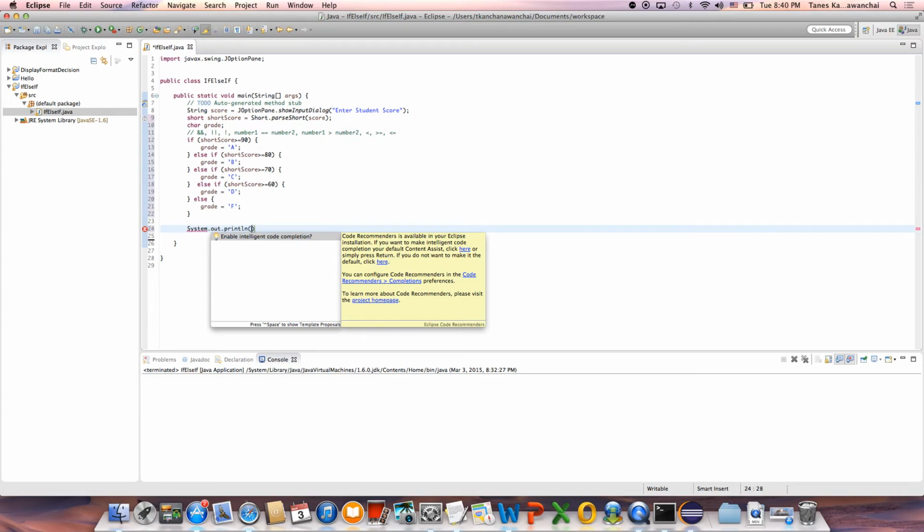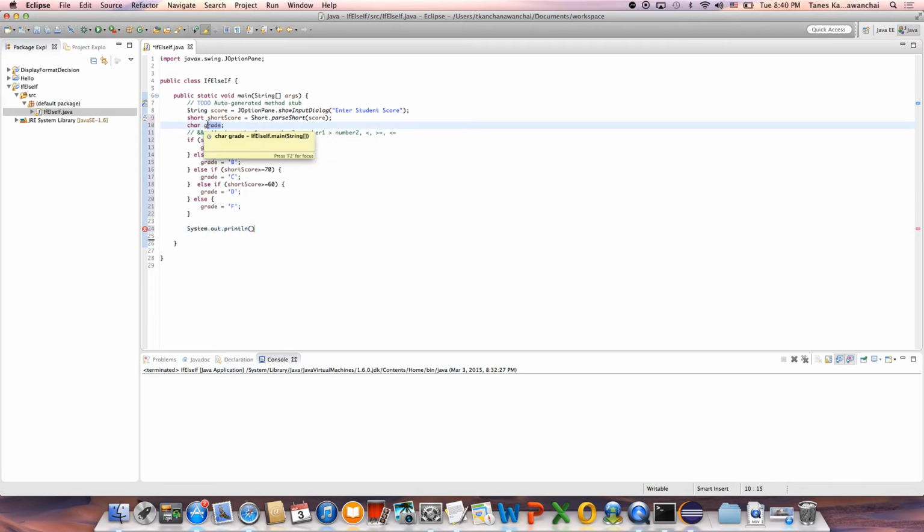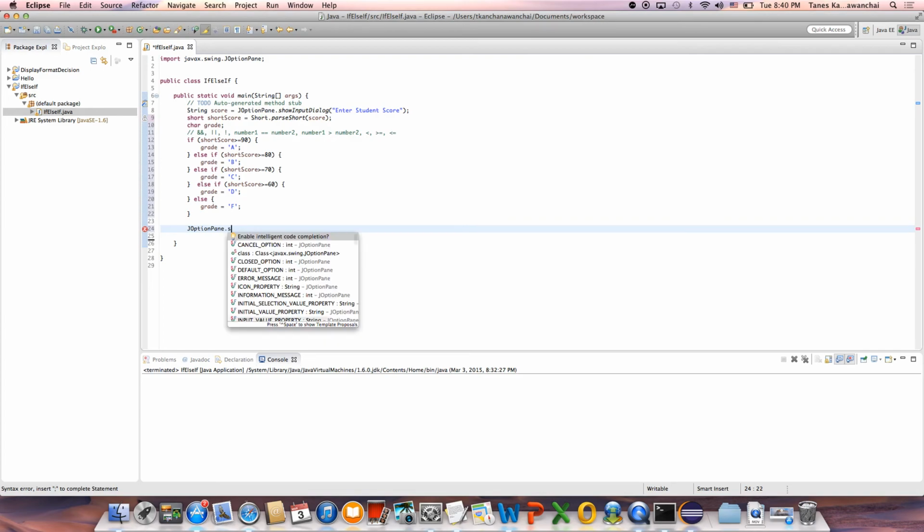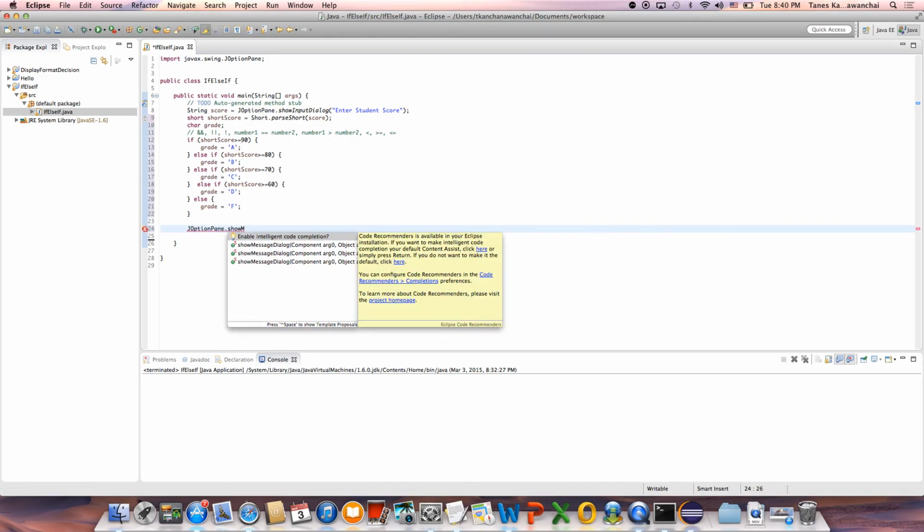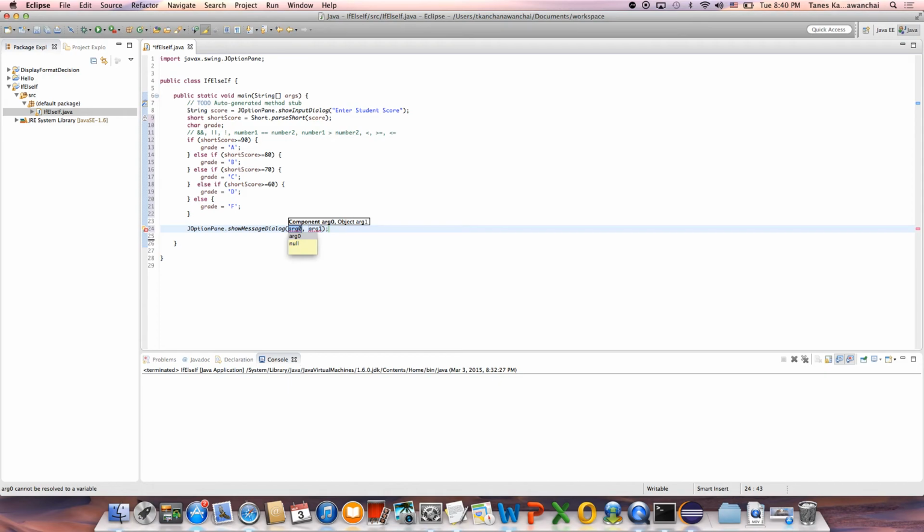So if you did not initialize the values here, you can initialize or assign the values later in the program. The reason we're doing that is because at this point I'm going to do JOptionPane to pop up the message, show message dialog,